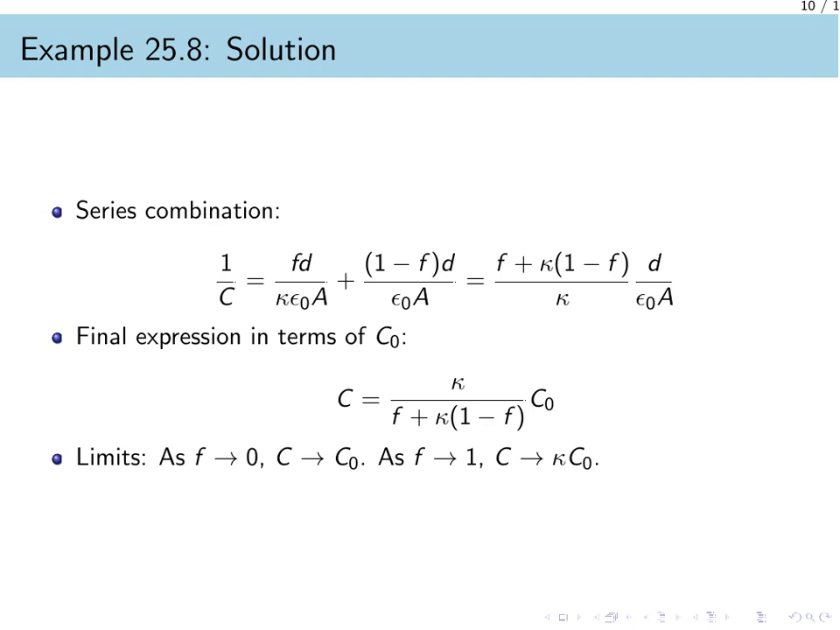After finding a common denominator and simplifying the algebra, we can express the final capacitance in terms of the original empty capacitance. The final capacitance equals kappa divided by the quantity f plus kappa times (1 minus f), all multiplied by the original capacitance. We can check this result by looking at its limits. If the fraction f approaches 0, the dielectric disappears, and the capacitance returns to the original value. Conversely, if f approaches 1, the dielectric fills the entire space, and the capacitance becomes kappa times the original capacitance,